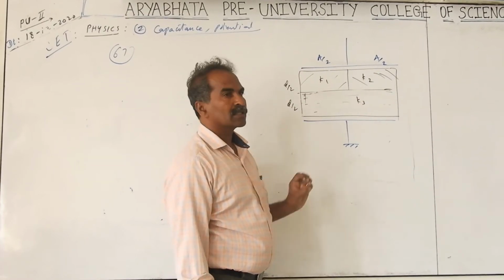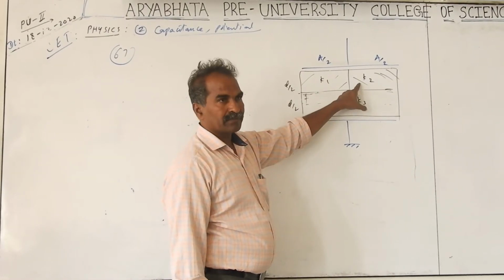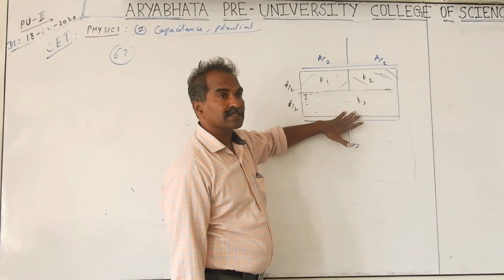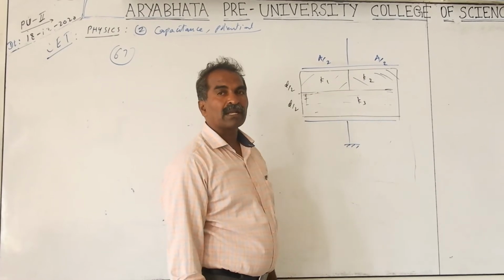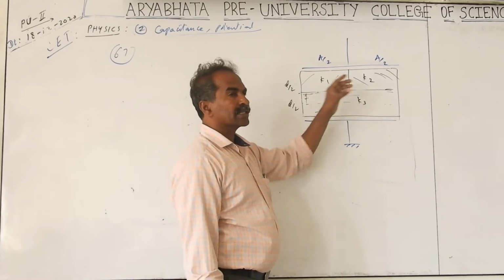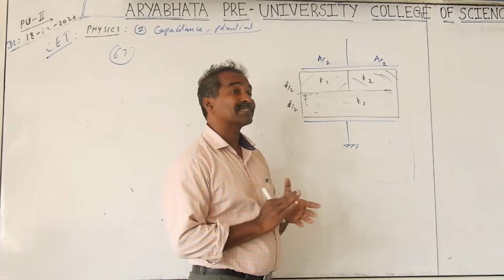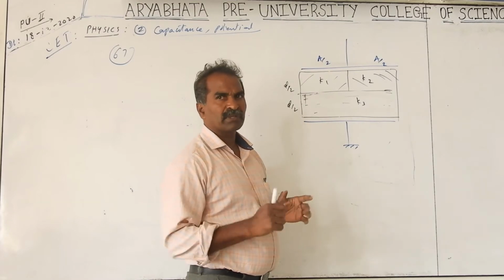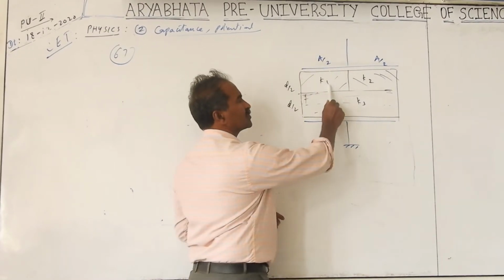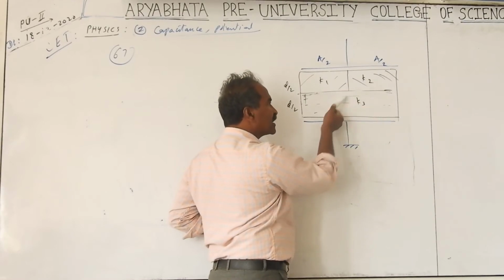In this case, these two are coming in parallel, and the resultant is coming in series. That is the condition you have to take. For the parallel combination, if you remember the formula directly, no problem. If you don't remember, you take it as capacitances in parallel. But one more way to see it: these two are in parallel, and this is in series with them.